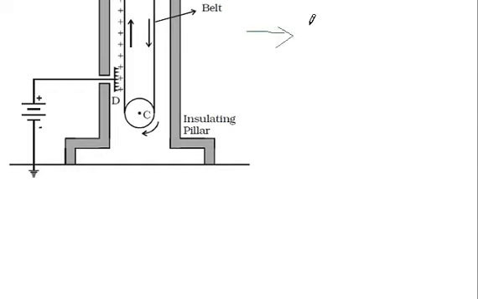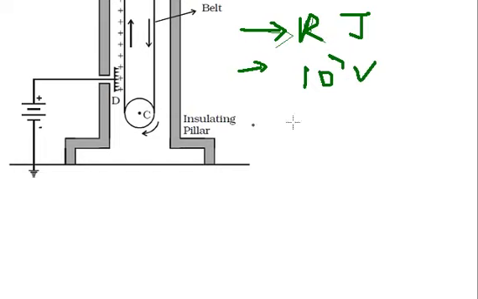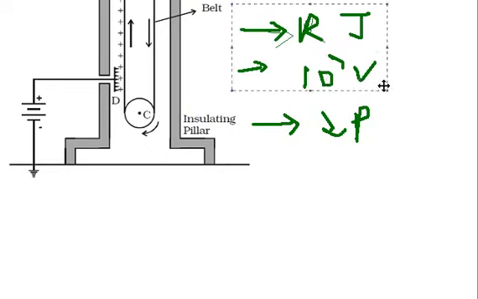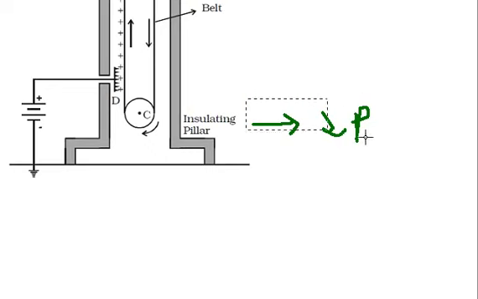One is Robert J. Van de Graaff, who designed the electrostatic machine. What does it produce? It produces a large electrostatic potential difference of the order of 10 power 7 volt. And what are the two working principles? It is based on two principles. One is electrostatic induction and the other is the action of points. It's not difficult, so we don't struggle to memorize all the things. When you listen to this video, you can understand clearly and reproduce all the points one after the other. Whenever I reproduce, you also say it in your mind so that you can easily remember.